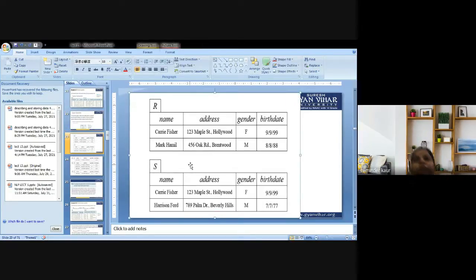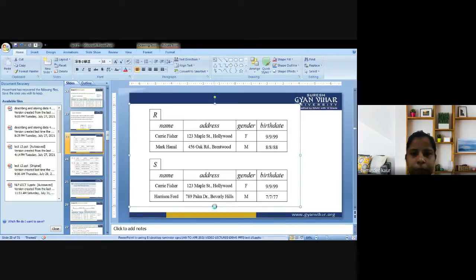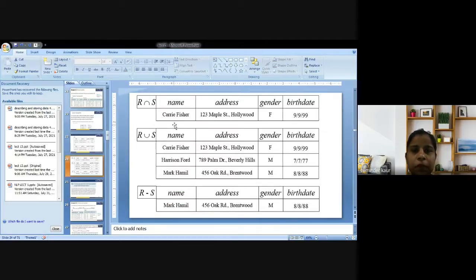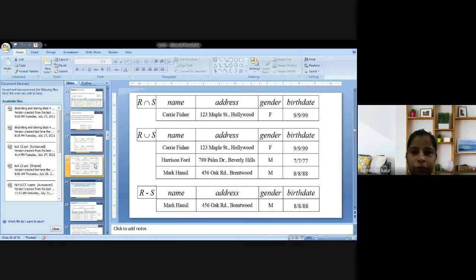So next, have a look at the same. There is an R table and there is an S table. R has various attributes and S has various attributes. Let me shorten the same. R is associated with name, address, gender, birth date. S is associated with name, address, gender, birth date. If we are supposed to apply various operations on these, what could be those?